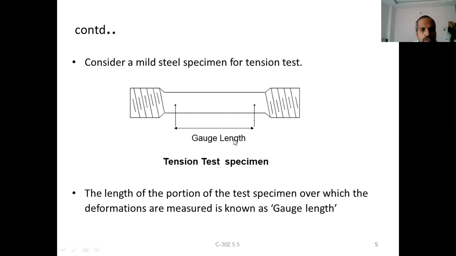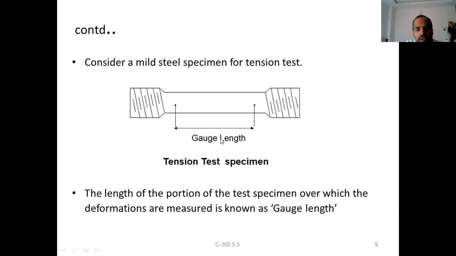is given in a separate IS code for material testing, which has the detailed procedures for how to test materials and how to take specimens, not only for this one. If you want to test any material, collecting the specimen is itself a separate specific procedure, and you have to follow it. Certain standard lengths and diameters are required, and you have to maintain the specifications given there. You have to follow the procedures, and only then will you get the correct results.